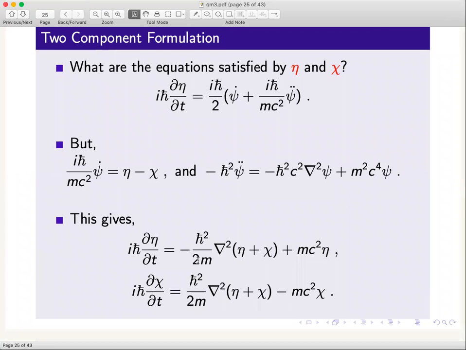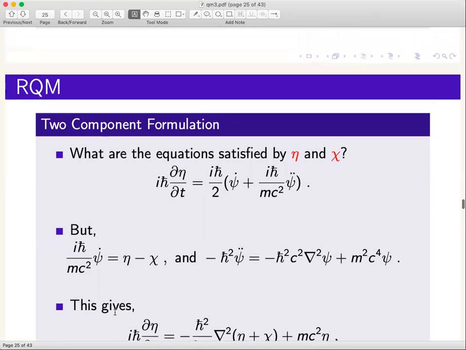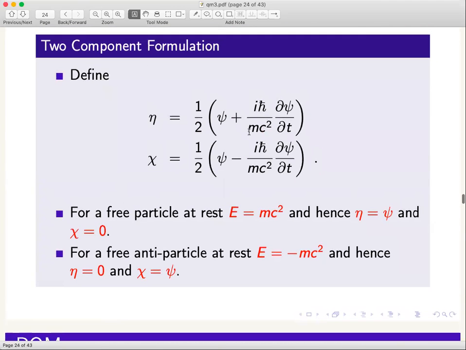Suppose I gave you this formulation of the Klein-Gordon equation first. Yeah, that I understand, but the definition I think should change. No, this is simply because you have that prejudice that I brought you from psi to eta and chi. But if I started off with eta and chi to start with, saying that like, okay,